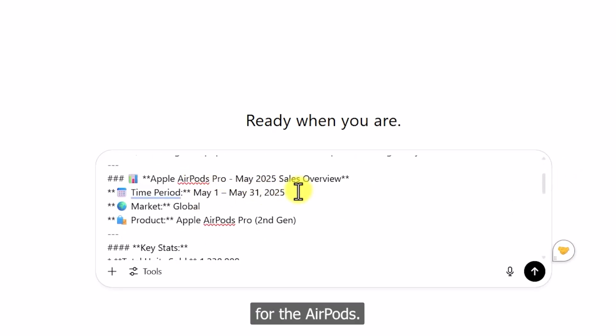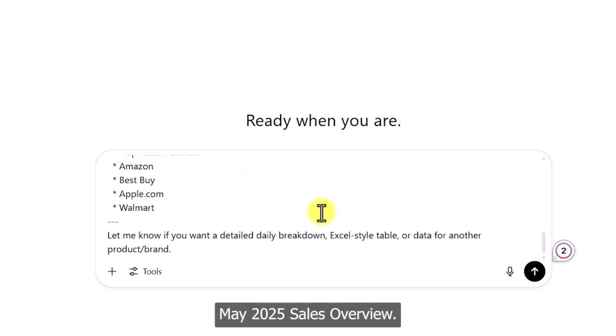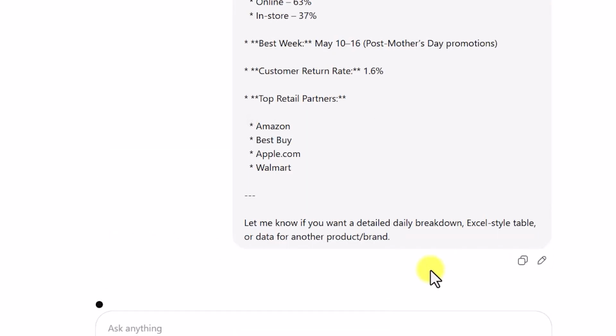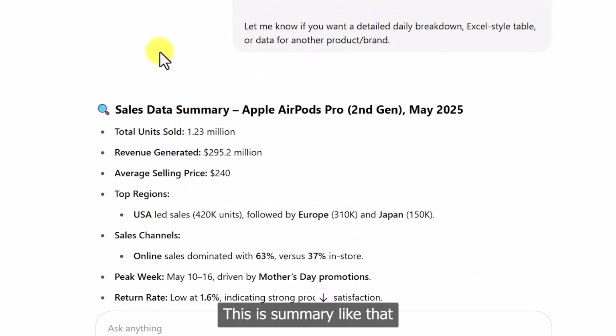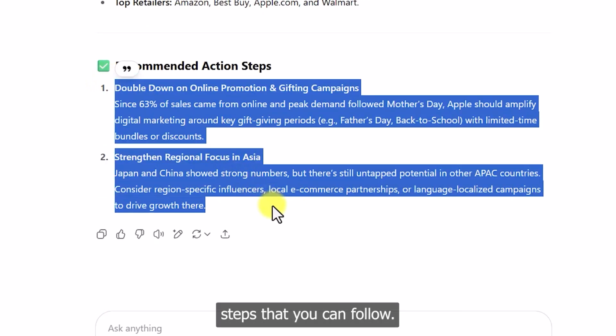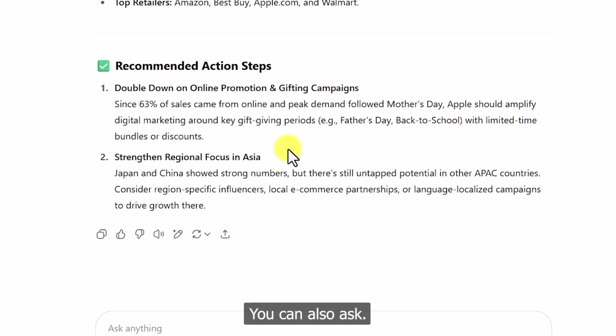For the AirPods May 2025 sales overview, and just click on that. This is the summary that you have already provided, and these 2 are the recommended action steps that you can follow. You can also ask,